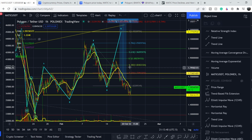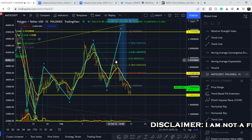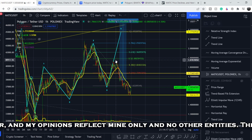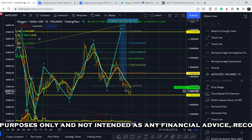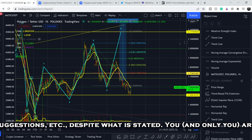So let's start with the price chart. I made my previous video right here at this very point and I've told you that we have to have a retracement, and this retracement shouldn't be deep, and we had this retracement. Then we had another movement to the upside, we hit a double bottom pattern, and right here I didn't make any videos, and from this range definitely the bearish pattern shows that we might hit lower targets. Instead of moving higher to have the extended fifth wave in this movement to the upside, we have a truncated fifth wave and we went lower. We went even below the previous bottom of the fourth wave, and technically I missed my forecast,